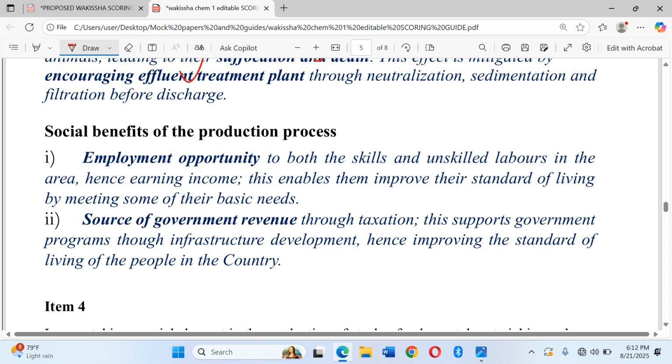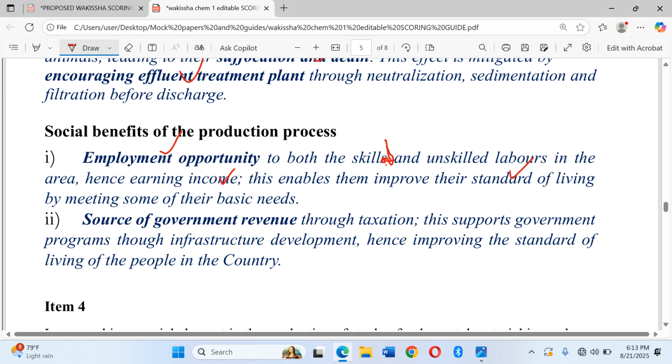So then lastly, we look at social benefit of the production process. And number 1, we're saying that is employment opportunity. That during the process of production of sodium hydroxide, there are employment opportunities to both the skilled, I mean skilled and unskilled. You write it very well. Both to the skilled and unskilled laborers in the area, hence earning income, and this enables them improve on their